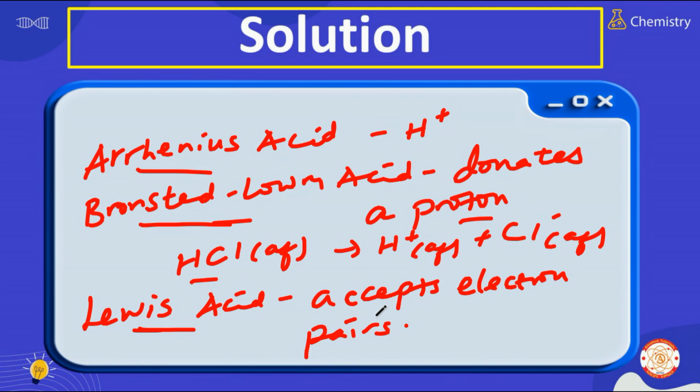Lewis acid defined acid in terms of what? In terms of electrons. And he defined it as what? As a substance that accepts a pair of electrons, or electron pairs. So he defined it as a substance that accepts electron pairs. Electron pair የሚቀበል